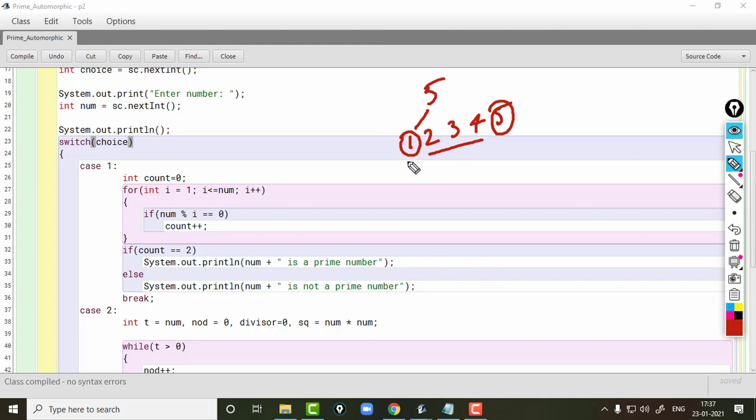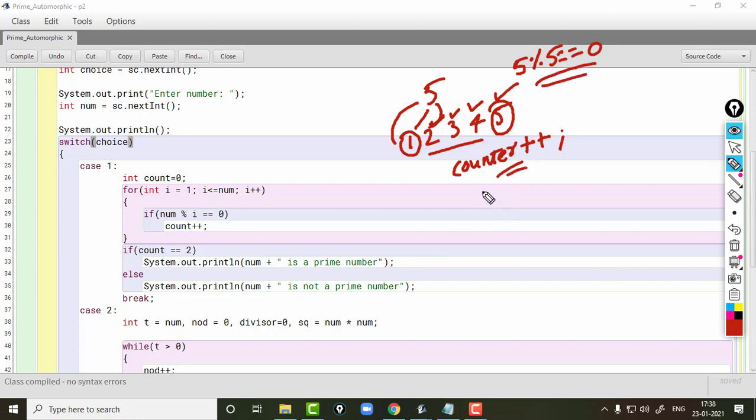When 1 divides 5, I will increase the value of a counter variable which is initially 0. Whenever the division happens, counter will increase by 1. In case of 2, 3 and 4, counter will not increase. But in case of 5, because 5 is divisible by 5, counter will increase. So the counter value will be 2.